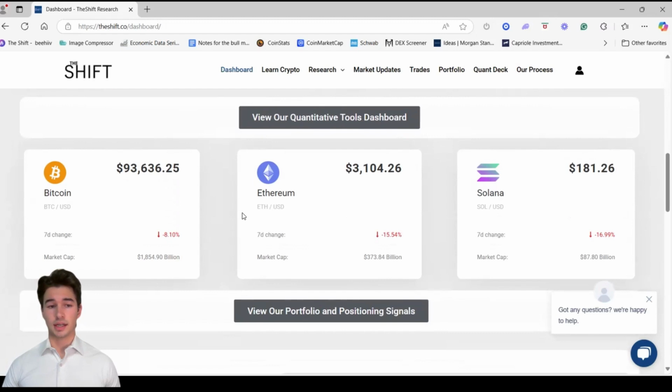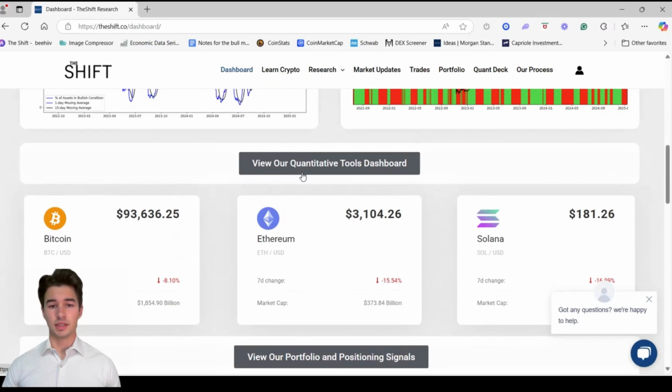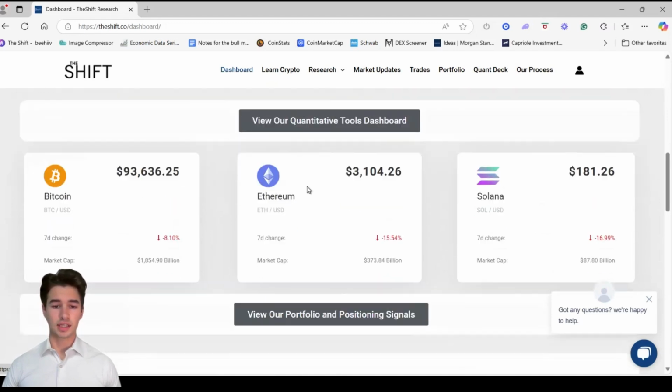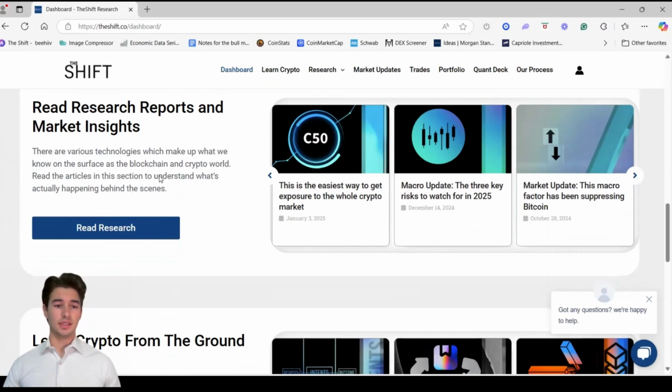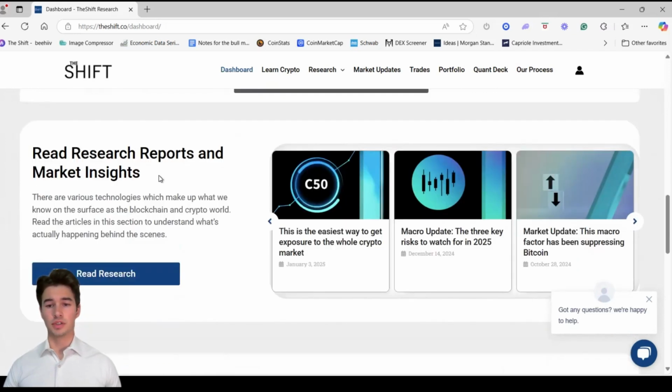And then here you can also check out the latest prices for Bitcoin, Ethereum, and Solana. You can also see the 7-day change. And then you can also click these buttons in order to view our quantitative tools dashboard, and then also the portfolio. Here you're going to see any sort of research reports, market insights, market updates, macro updates, and then also